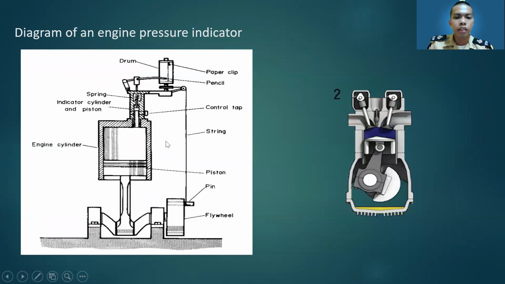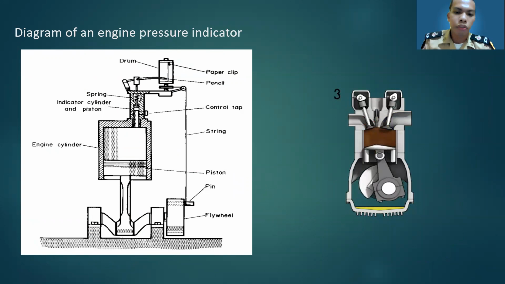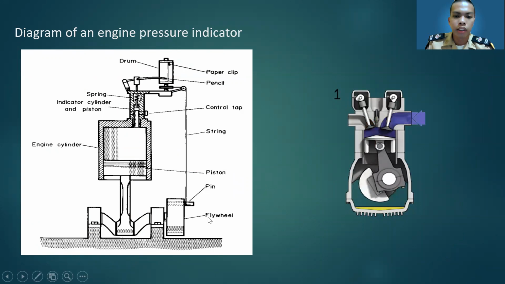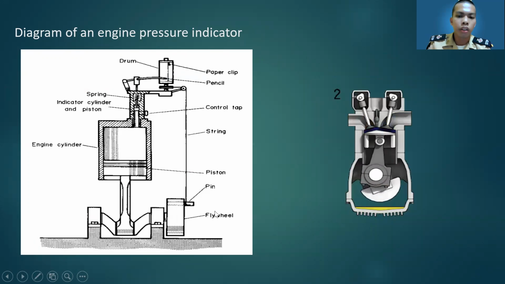So let's begin. Now we're talking about this part. The piston is driven downwards, causing the flywheel to rotate. These flywheels are more complex arrangements sitting on one side of the shaft to transfer the energy to and from the engine source. So as a result of the flywheel rotating, the pin travels downwards. They are no longer just limited to simple machines and engines, but are used in many other applications.